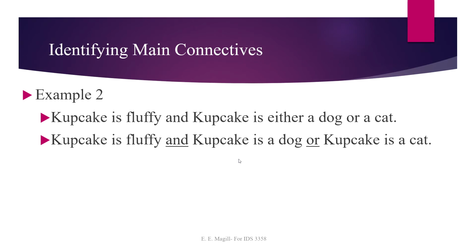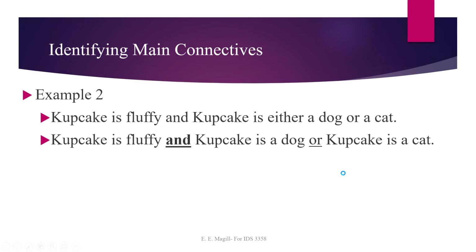And now we need to identify whether the conjunction or the disjunction is our main connective. So we need to look back at the natural English to make sure we preserve the meaning correctly. If we say that or is the main connective, then this sentence would mean Cupcake is a dog and Cupcake is fluffy, or Cupcake is a cat. So Cupcake is a fluffy dog or Cupcake is a cat, which clearly isn't the same meaning as the original sentence. So by the process of elimination, we know that this conjunction here, this and, is our main connective,